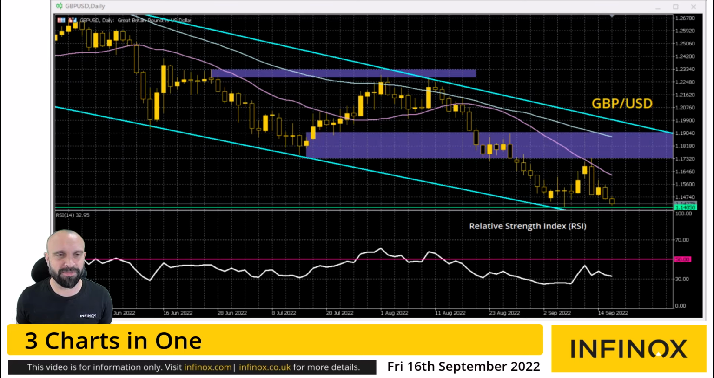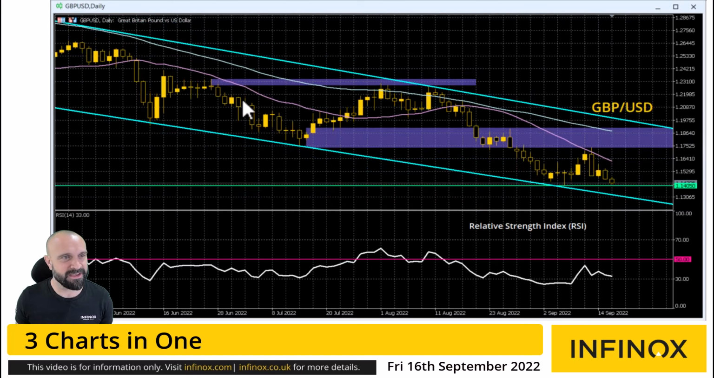So straight into it with this cable chart. What we've seen is the recovery around the weekend. We saw this sharp move to the downside on Tuesday on the back of that US inflation number. Bit of a consolidation since then, but the market started to turn dollar positive once more, taking sterling dollar lower. And what we can see now is we're moving towards a test of the bottom of this trend channel, but also this support at